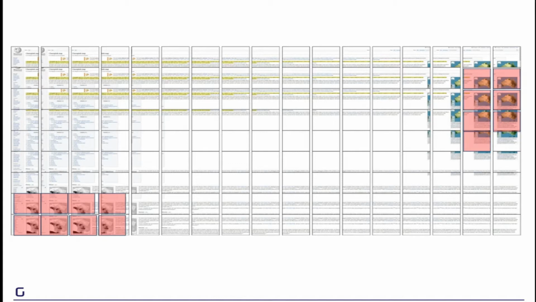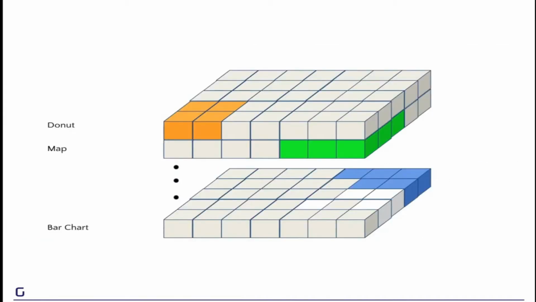This particular example contains only maps, but generally we can have multiple types of charts in the same page, as is common with any dashboard. You will have multiple types of data visualizations. Right? Therefore, when we process an arbitrary image tile by tile, we come up with a structure like this. For each class, you generate a layer of attention. So let's say that we have donuts, maps, and some other classes, and there is also a bar chart. So for each type of chart, we basically generate an attention layer. A layer which is the same size as the tiled image, which basically tells us where a particular chart is.